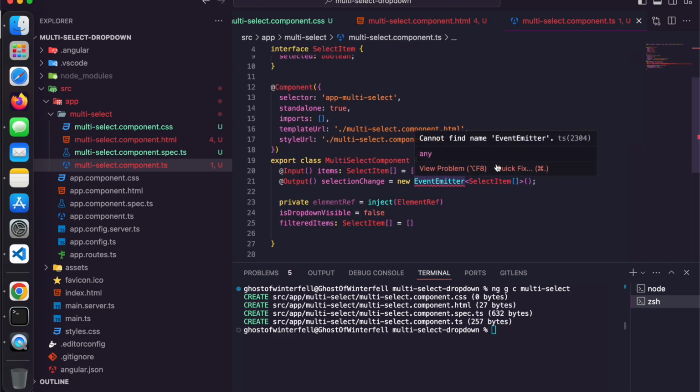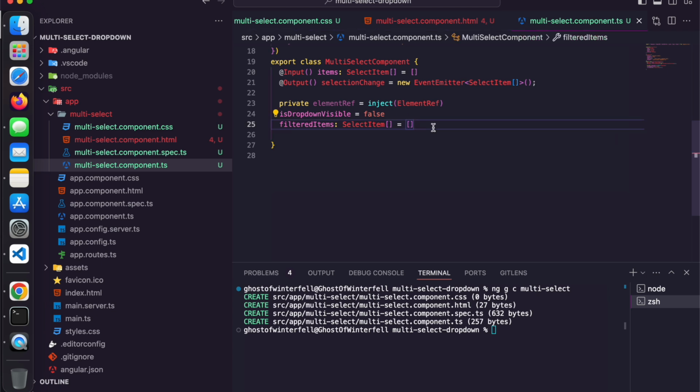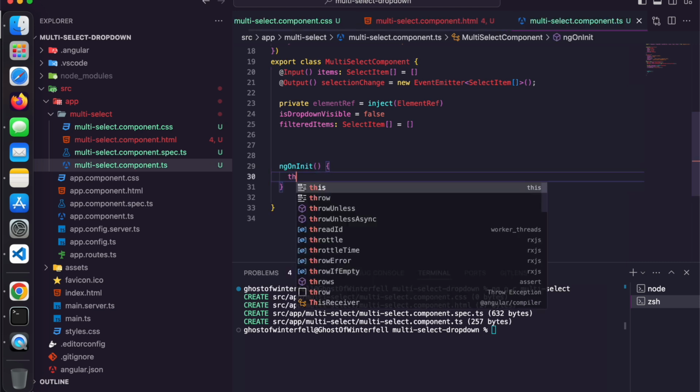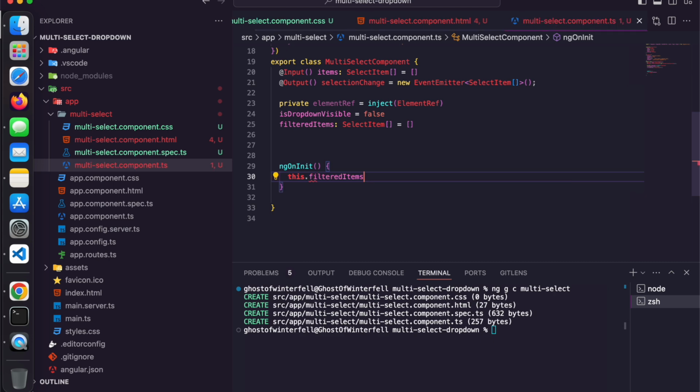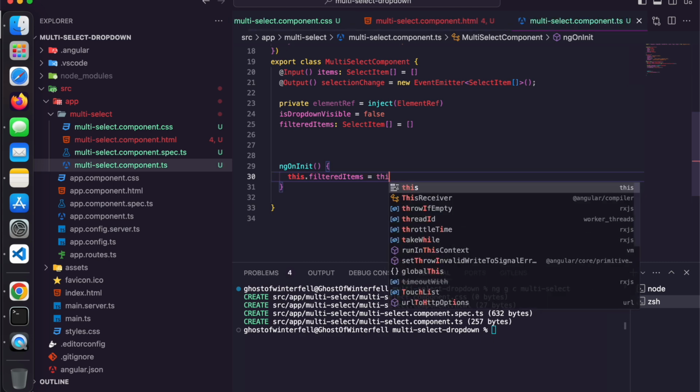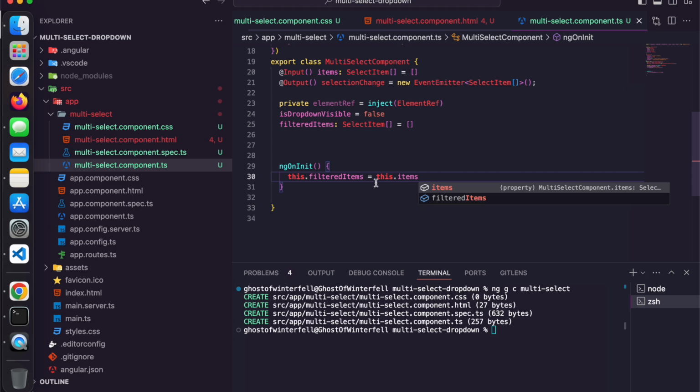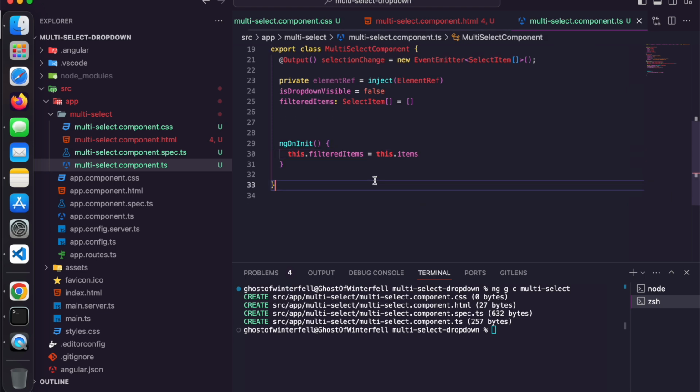Event emitter, okay, and let's set our ngOnInit lifecycle, and this.filteredItems equals this.items basically. Okay,